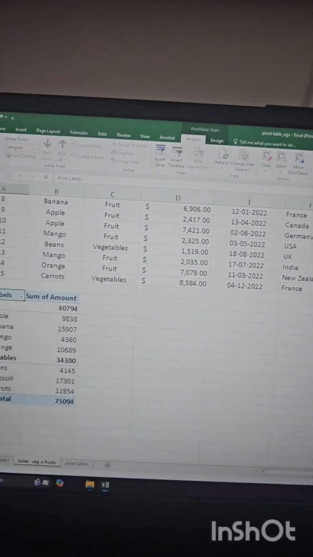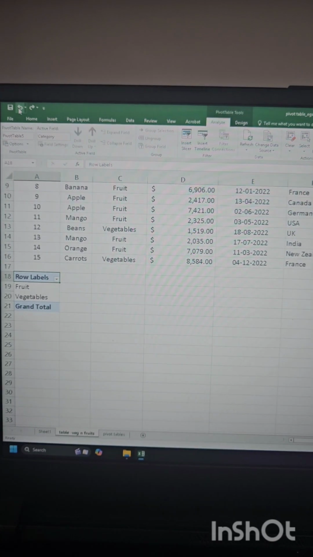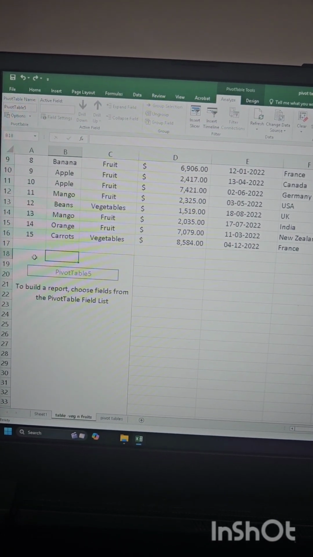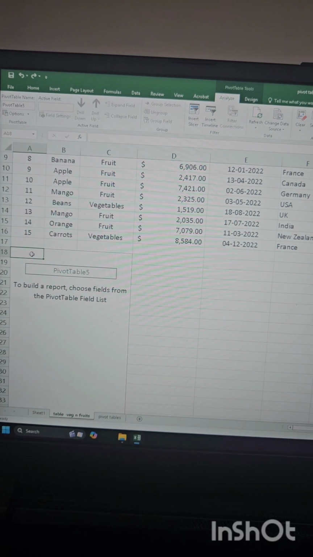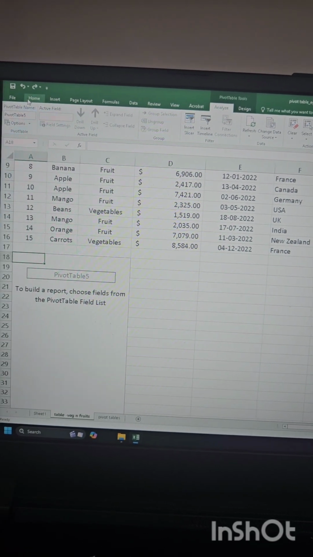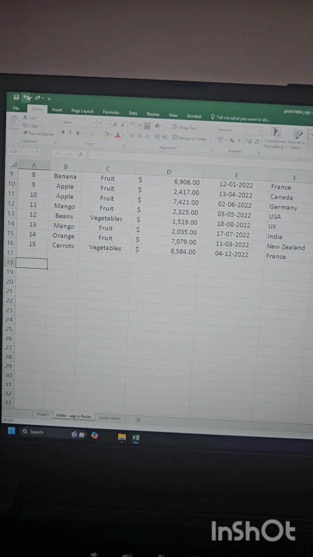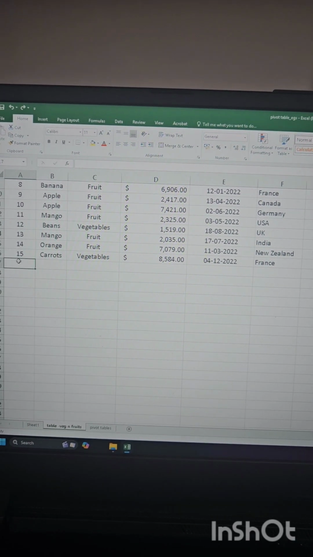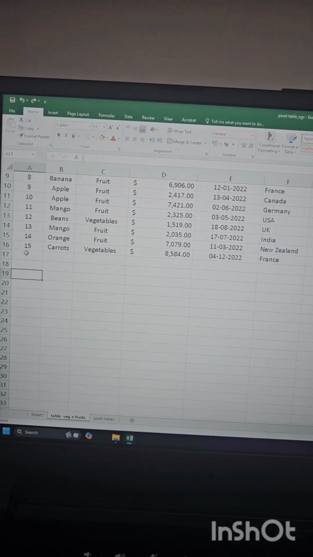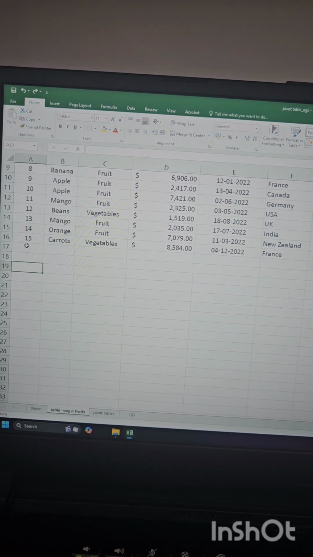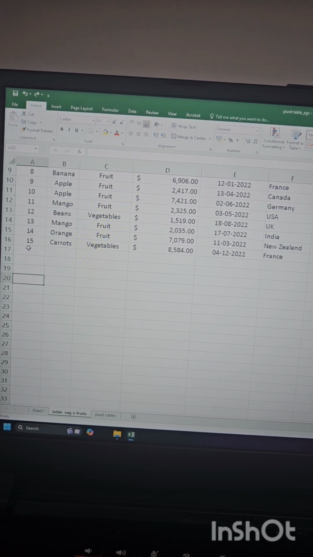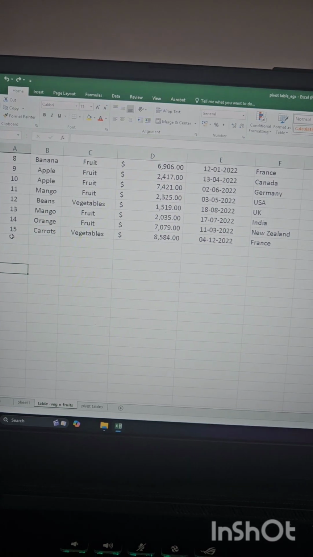So I'm undoing whatever I have done. Now instead of choosing A18 as the location of the pivot table, I should choose some other location of the pivot table which should have at least 3 gaps. So gap 1, gap 2, gap 3, at least 3 gaps. So it's better to take 4 gaps. Let's take 4 gaps, and now I select